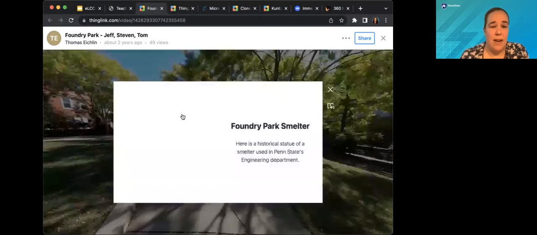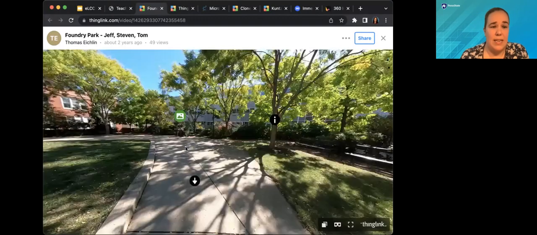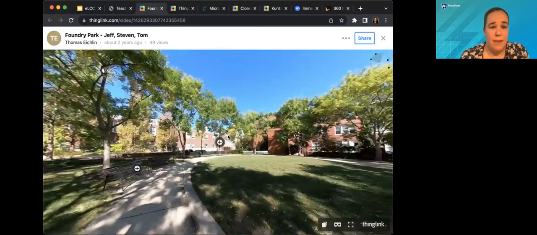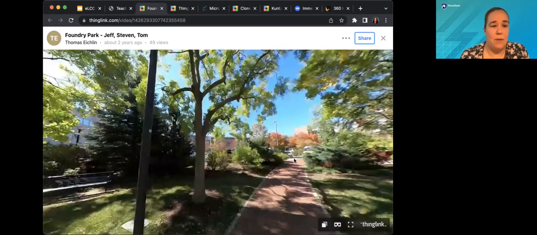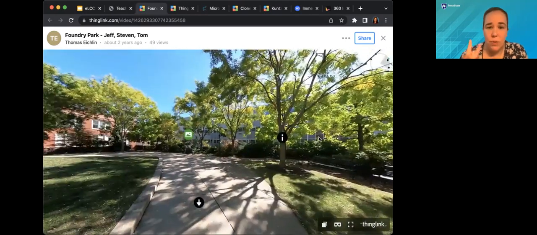So some of them added close-up pictures that they did. Some of them added audio. Some of them, it's just a quick little explanation of what kind of trees these are, and getting that whole perspective. So they had to do 2 different pictures that linked together, and they had to have at least 3